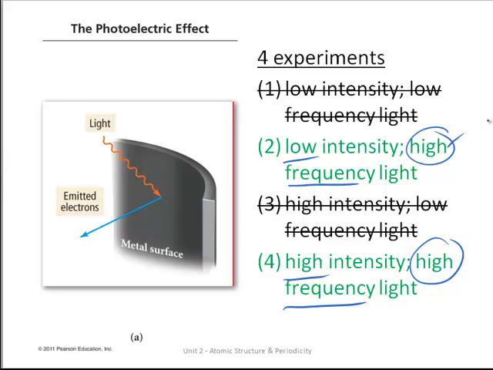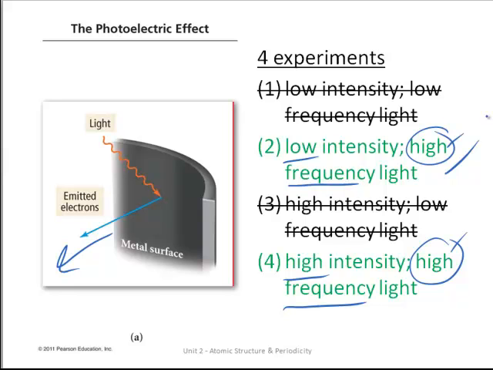As long as you had high frequency light, electrons were emitted. And there wasn't even a lag time for low intensity light. As soon as you shined high frequency light on the photoelectric material, whether it was low or high intensity, electrons were emitted. And this confused some scientists until